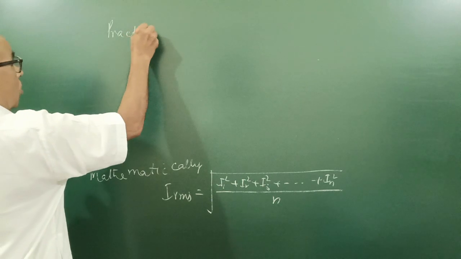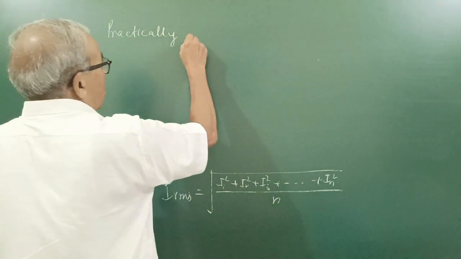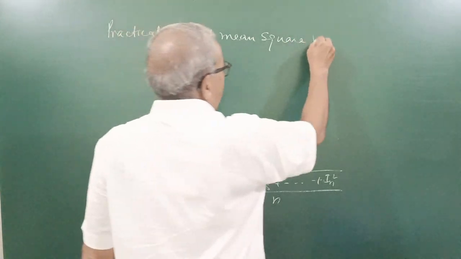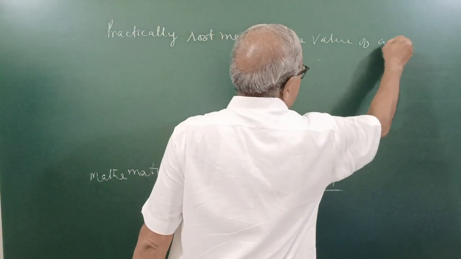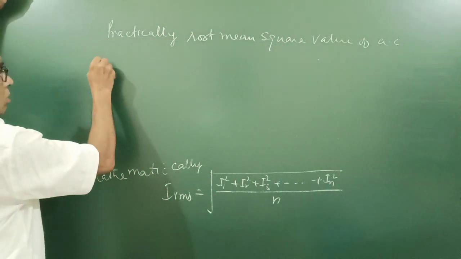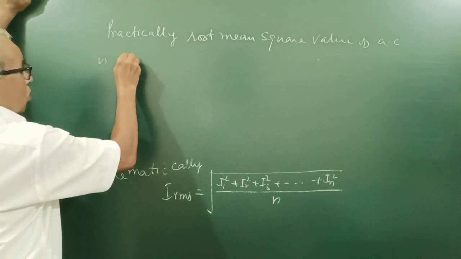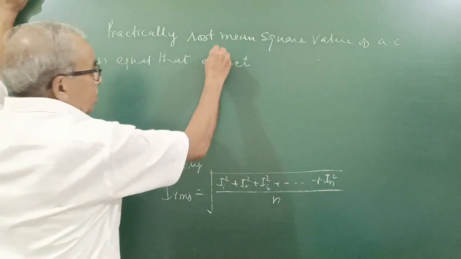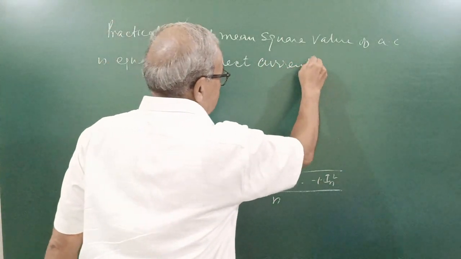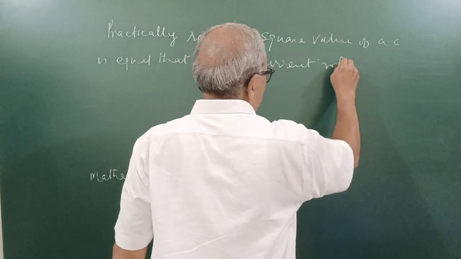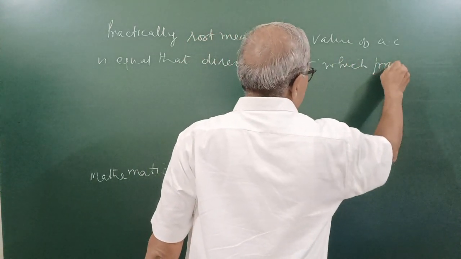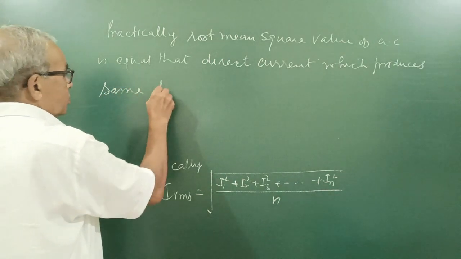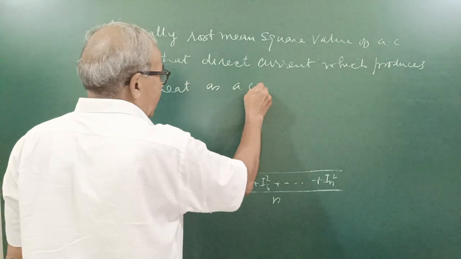Practically, the root mean square value of AC is equal to that direct current which produces the same heat as AC does